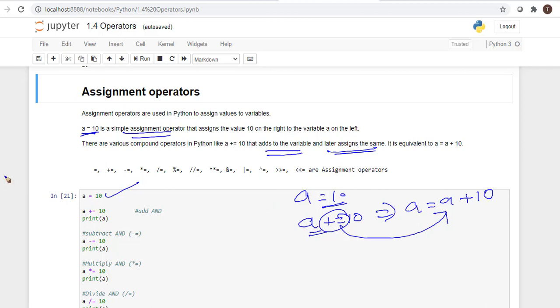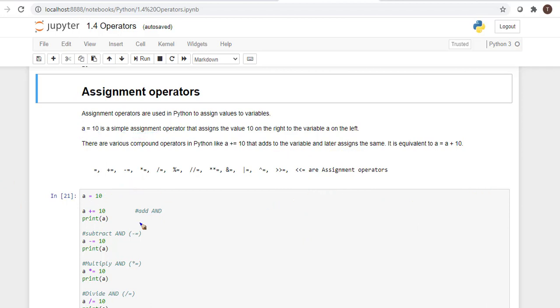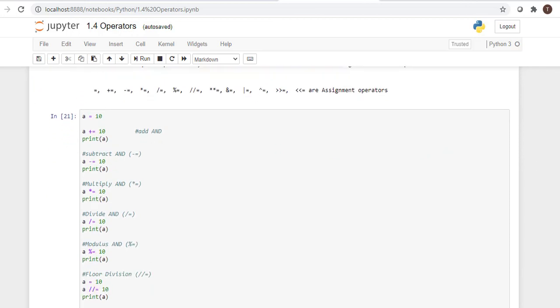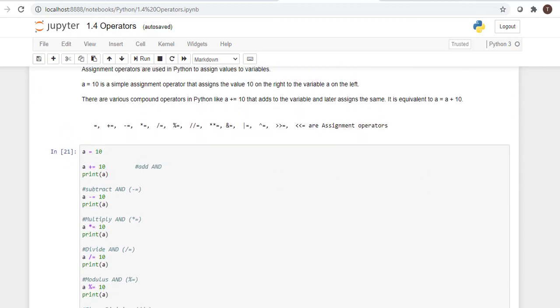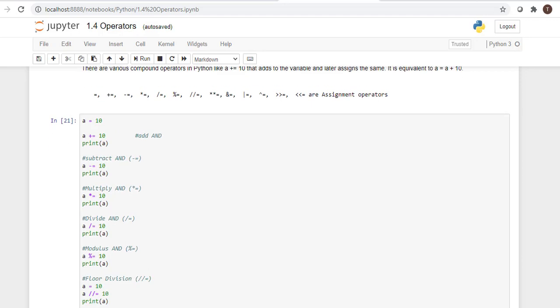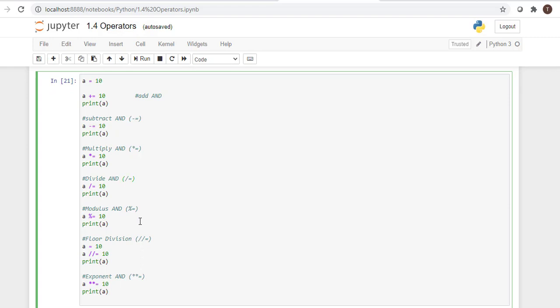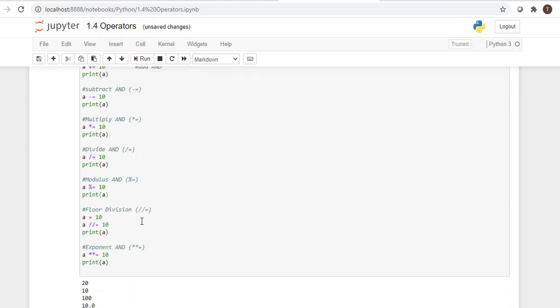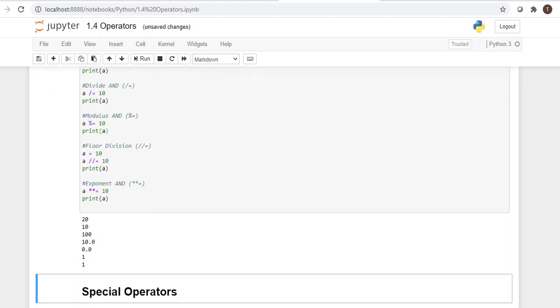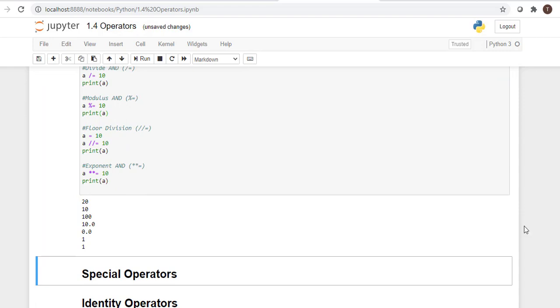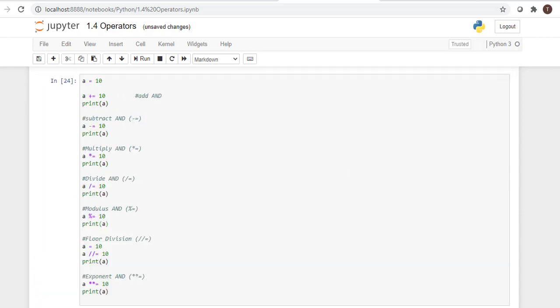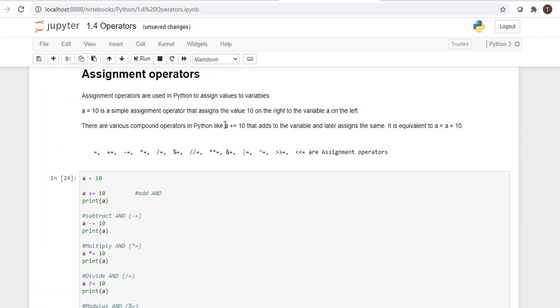So we can use assignment operators for subtract and multiply. This is a compound operator, right? You can also use divide and modulus. So you can use all assignment operators with the compound operator. This is a scenario here.